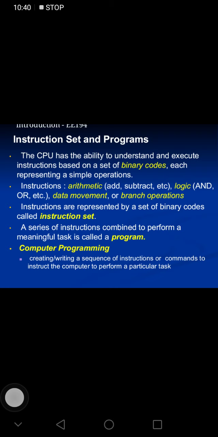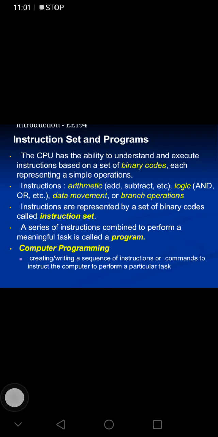Then it is transmitted from binary codes to the register, and then it is executed. So we have instructions: arithmetic such as add and subtract, logic such as AND and OR, and also data movement or branch operations. Instructions are represented by a set of binary codes called the instruction set.